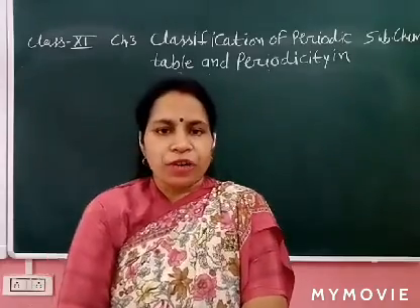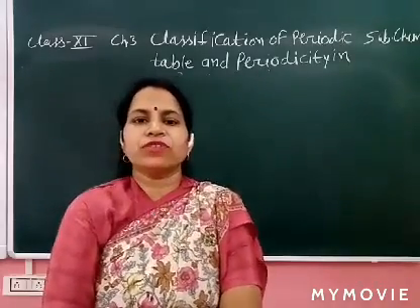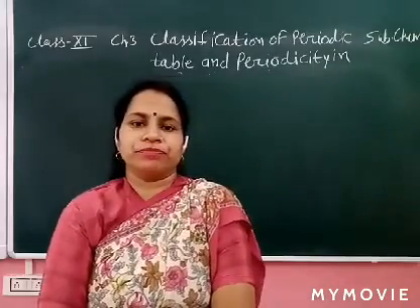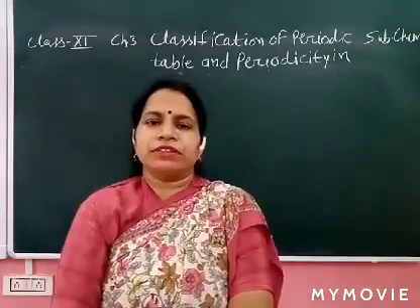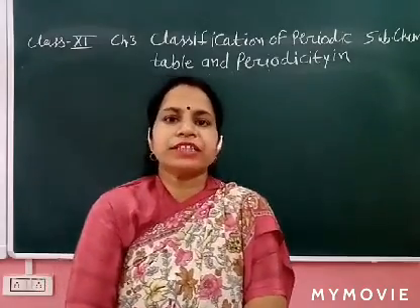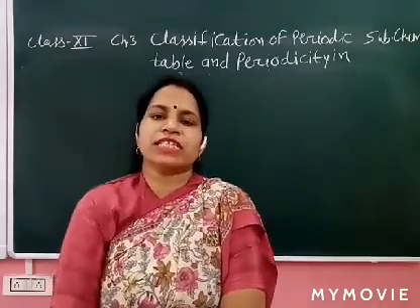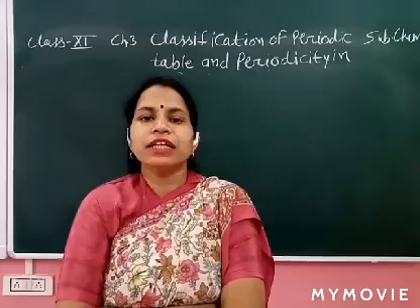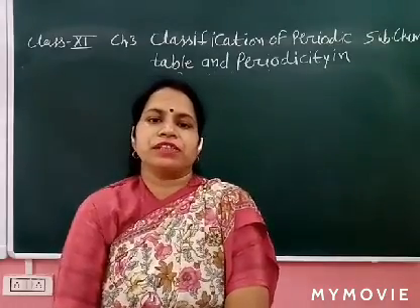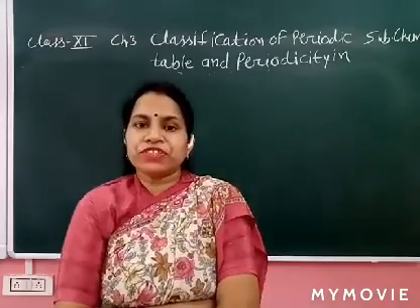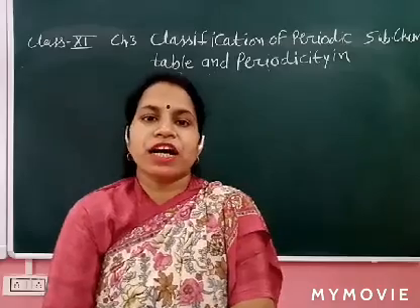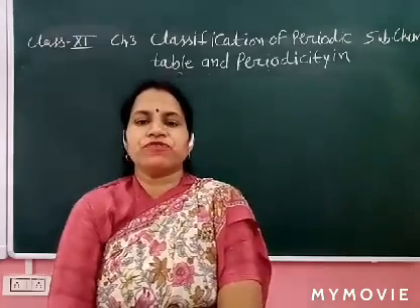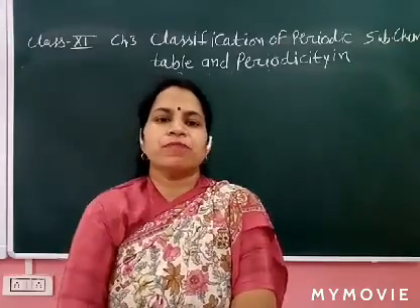Electronegativity is considered for a bonded atom, and electron affinity is considered for an isolated gaseous atom. In electronegativity, the element which attracts the bonded electron towards itself is highly electronegative, and it acquires a partial negative charge. If we write the complete charge, Na plus Cl minus, this is the ionic bond. Here the charge is partial. Another atom acquires the positive charge.